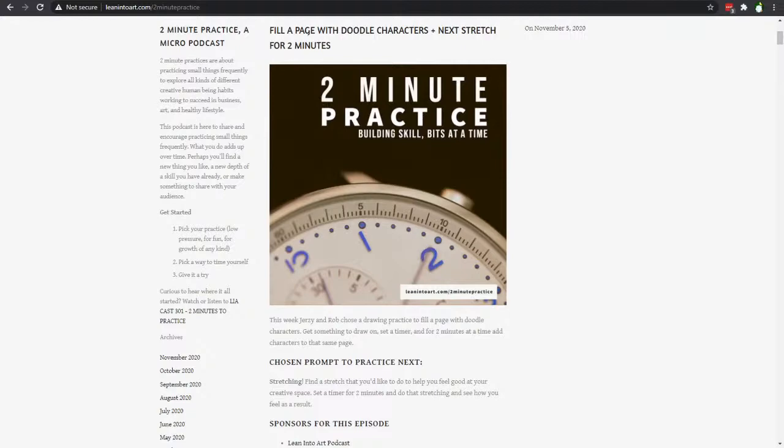And that's the basic idea of the 2-minute practice, is to have something to practice and just set a timer and make it as inexpensive as you can to get these experiences. And so, yeah, every couple of weeks we introduce a new one that we're doing. But of course, as you're playing along, it's up to you to pick any kind of practice that suits your needs. And of course, we'd love to hear from you as well in our Discord,